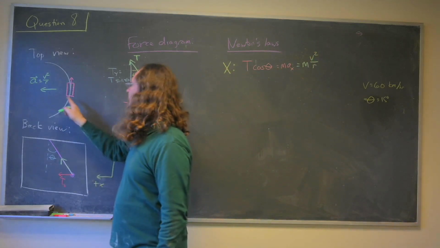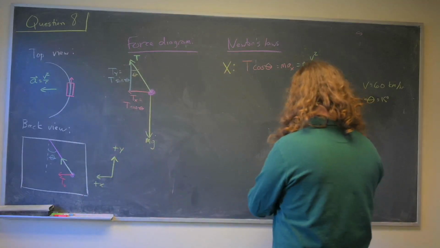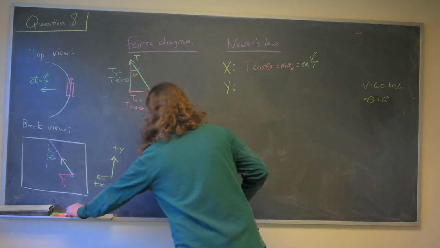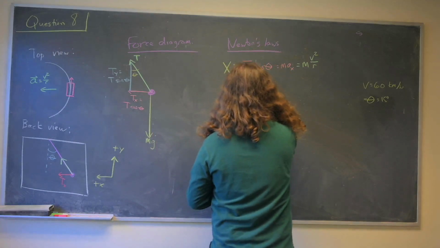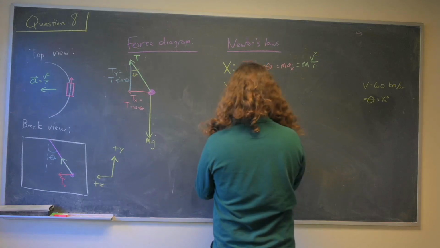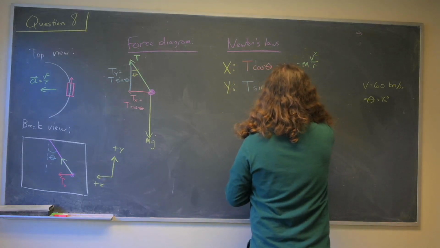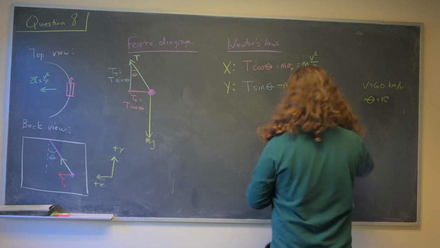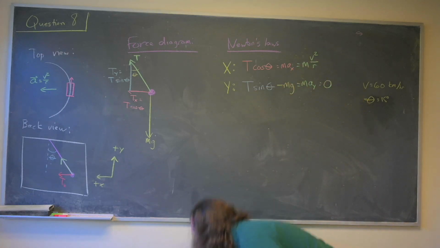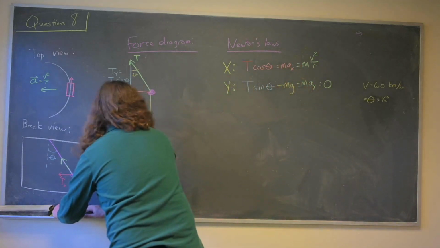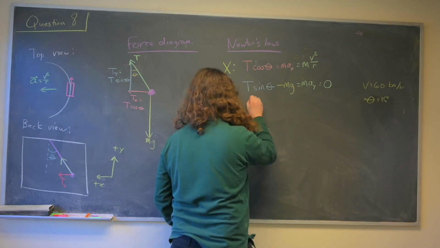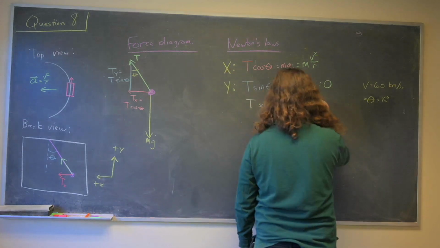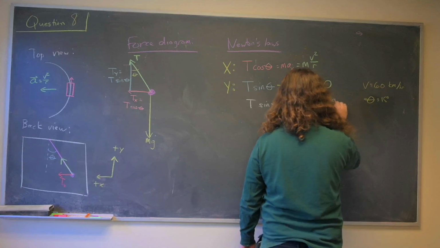I know if I am going in a circle, my acceleration is v squared over r toward the middle. In the y direction, T sine theta minus mg equals m a_y, which is 0, because the thing doesn't go up and down. So, doing a little algebra, this means T sine theta equals mg. So T is mg over